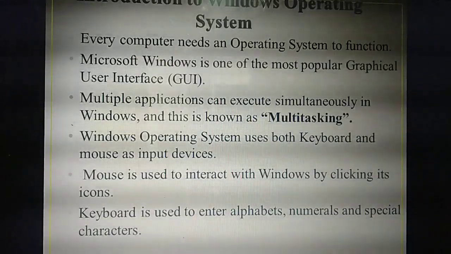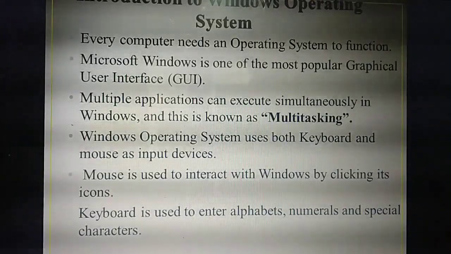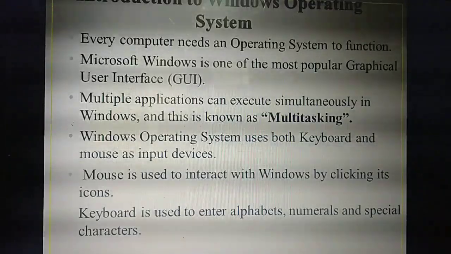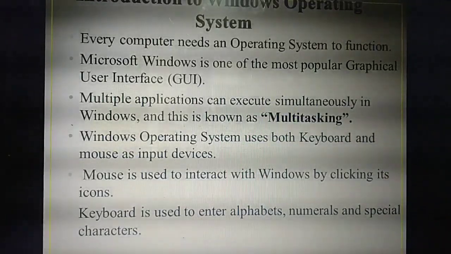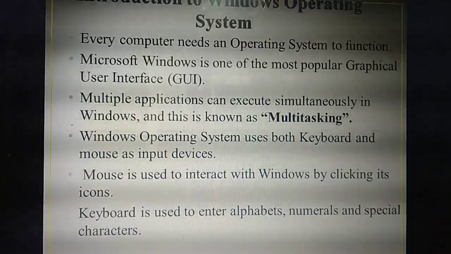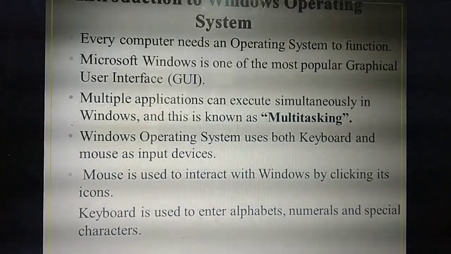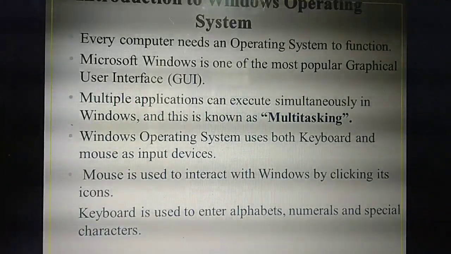Would you install only one application in your mobile phone? No. You will install a lot of applications, isn't it? MX Player you will install, Gallery, then YouTube, Share, Hello App, WhatsApp, FB, etc. A lot of applications you will install.